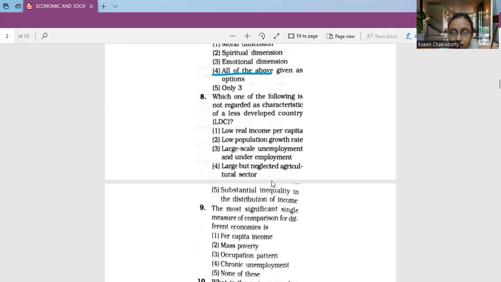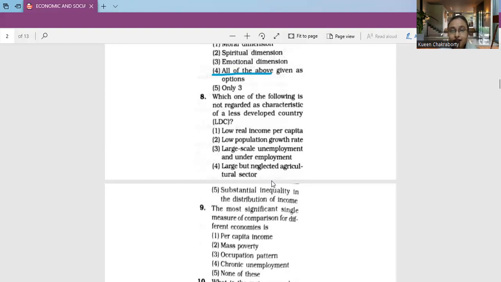Now, considering the population, low real income per capita is a different sector. The low population growth rate is a feature of advanced economies, right? Less developed countries are marked by high population growth rate, because wherever there is high economies, there is no problem of low real per capita income or unemployment problems or neglected agricultural sector or substantial inequality in income distribution,